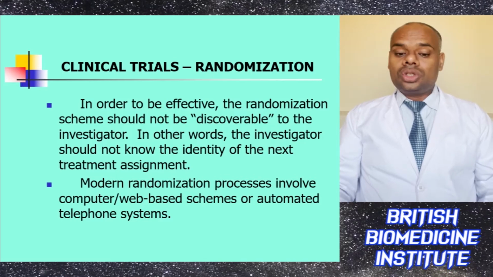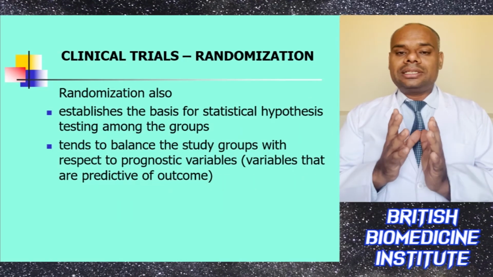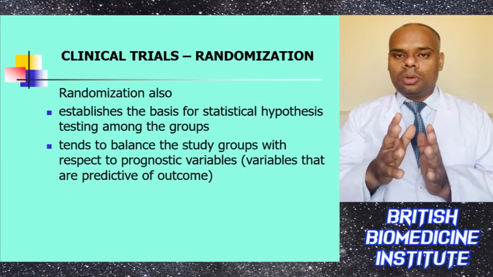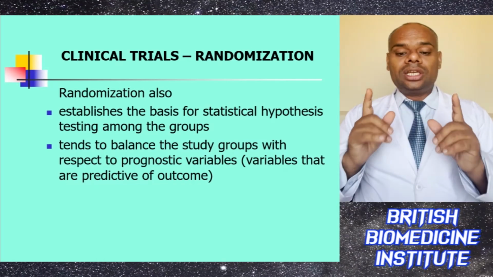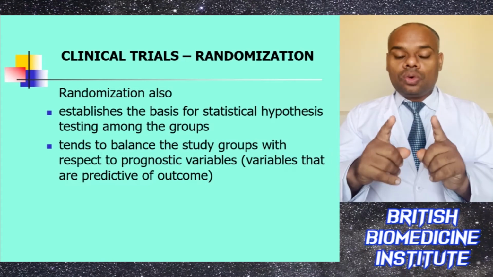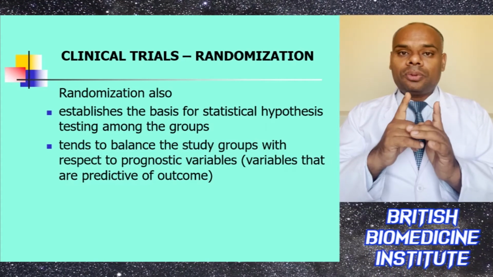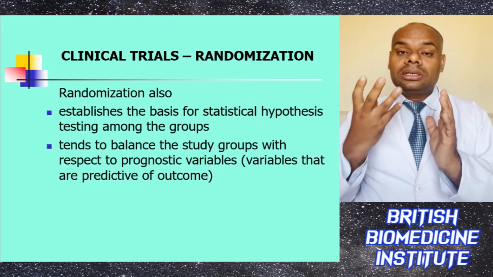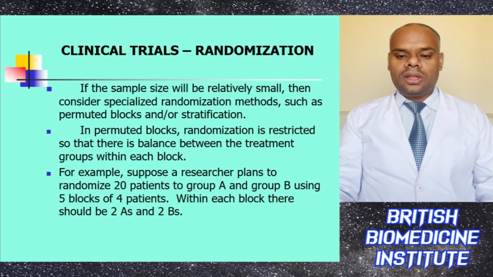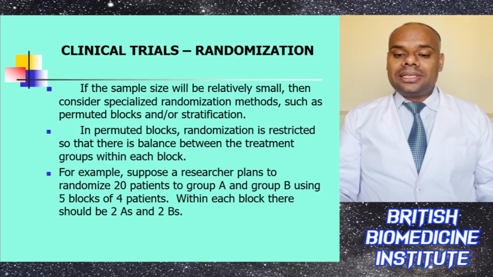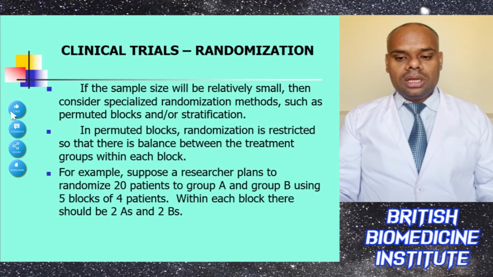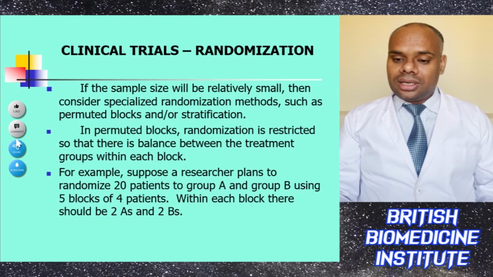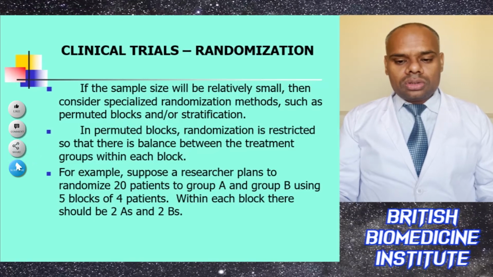So randomization also establishes the basis for statistical hypothesis testing among subjects or among groups, and it also tends to balance the study groups with respect to the prognostic variables, like variables which can predict the clinical outcome. If the sample size is small, then consider specialized randomization methods such as permuted blocks or stratification